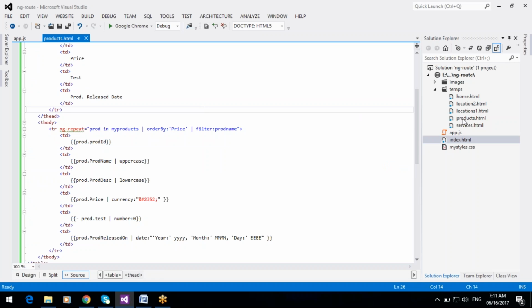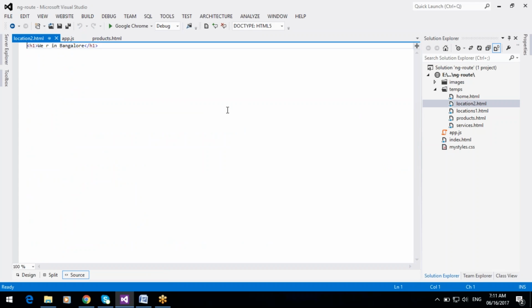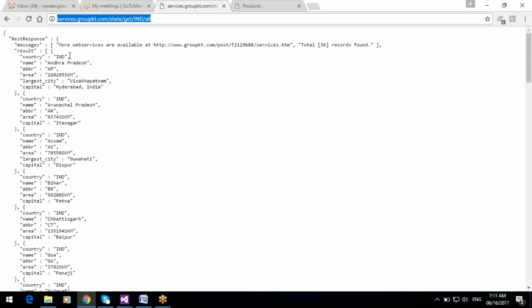I want to display the states information in the location2.html template.